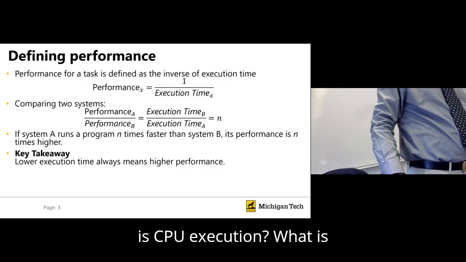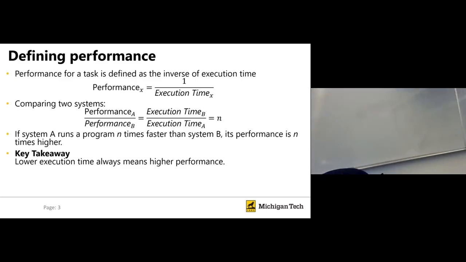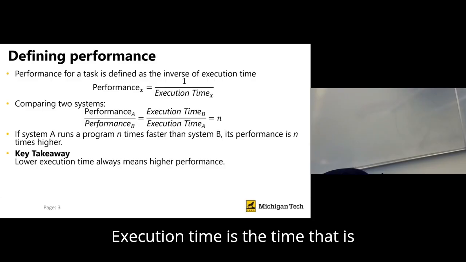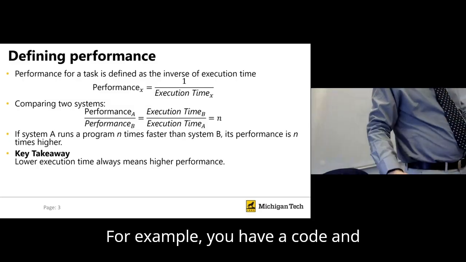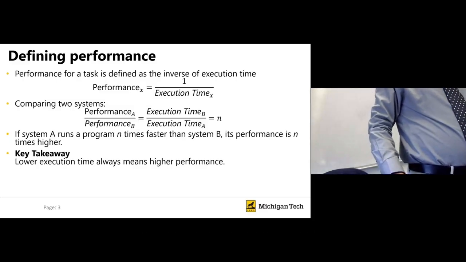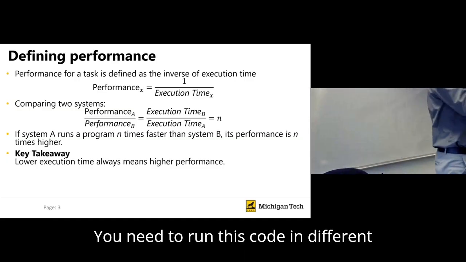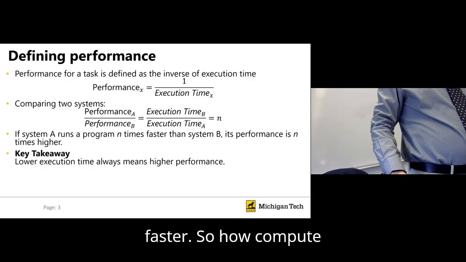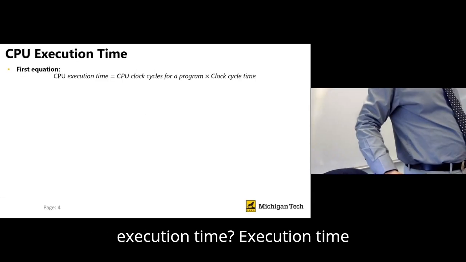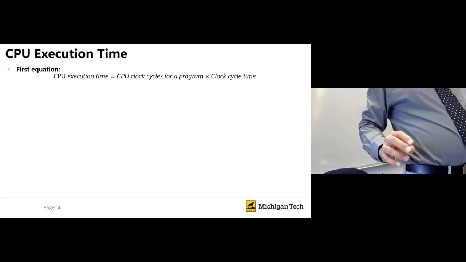But what is CPU execution? What is execution time? Execution time is the time that is spent to finish a task. For example, you have a code and you want to test this code. You need to run this code on different systems to see which system can run it faster. So how do we compute execution time? Execution time actually depends on